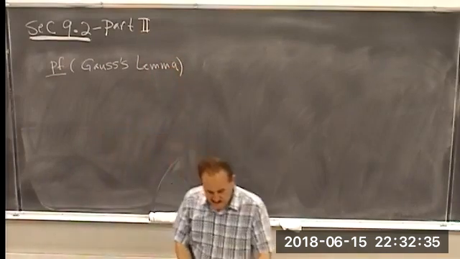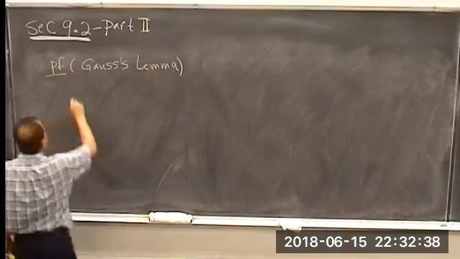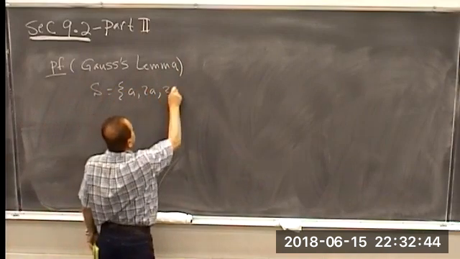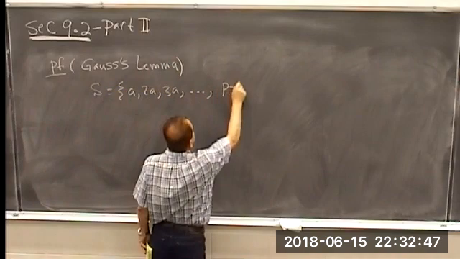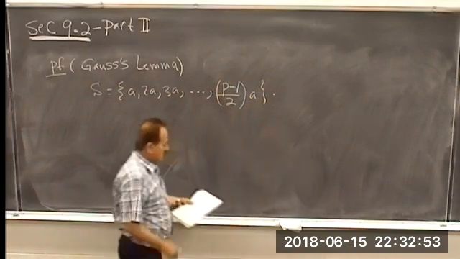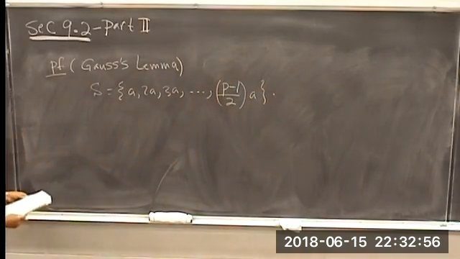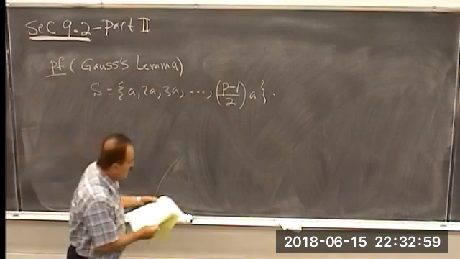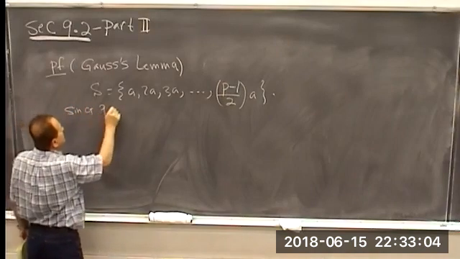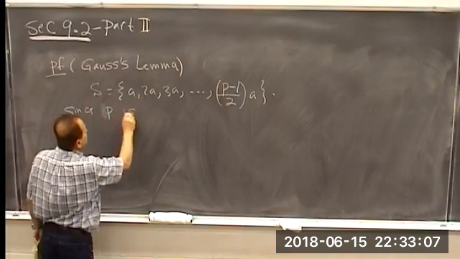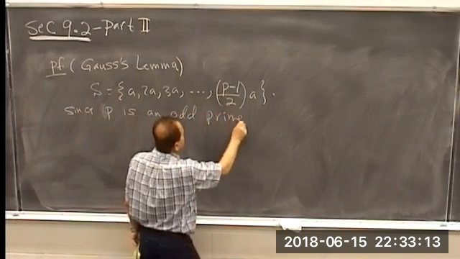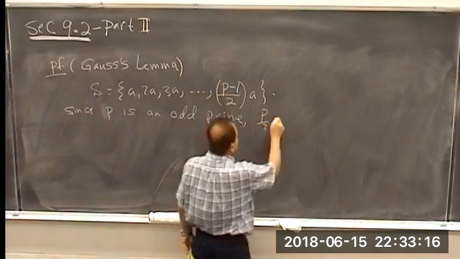We're going to start with the set S, which consists of A, 2A, 3A, up to (p minus 1) over 2 times A. Since p is an odd prime, p over 2 is not an integer,